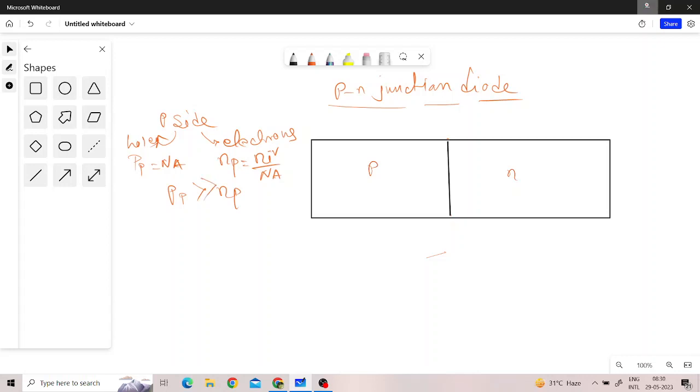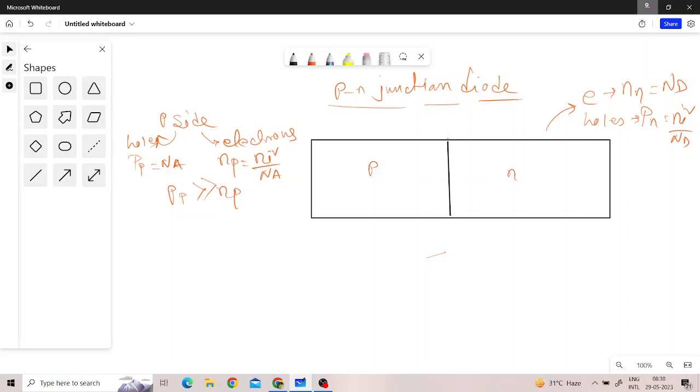And similarly, on the N side, the majority carriers are electrons, right? Let's denote it by Nn, and its concentration is Nd. And here the minority carriers are holes. Let's denote it by Pn, which is Ni square by Nd. So as you can see, on the P side the majority carriers are holes and the minority carriers are electrons, and no bias